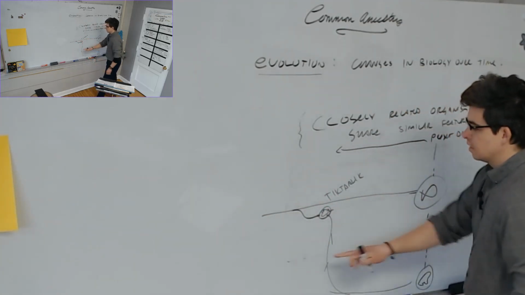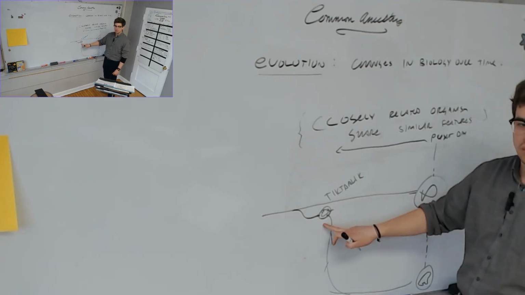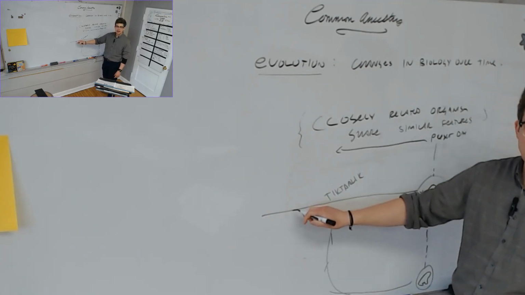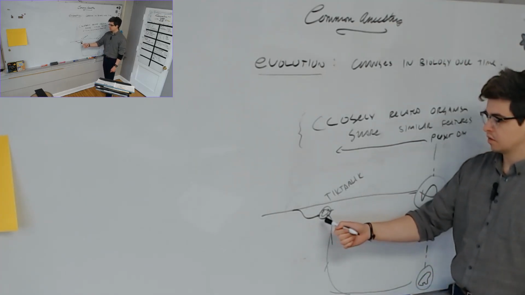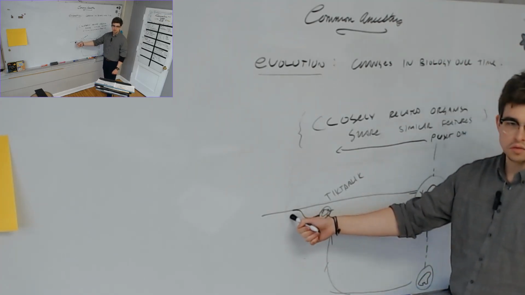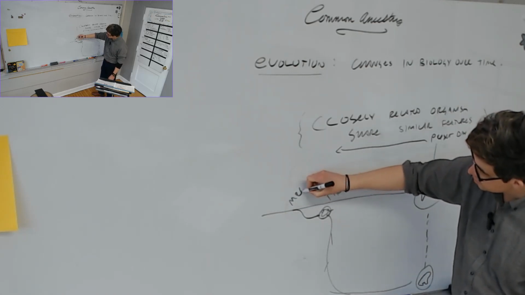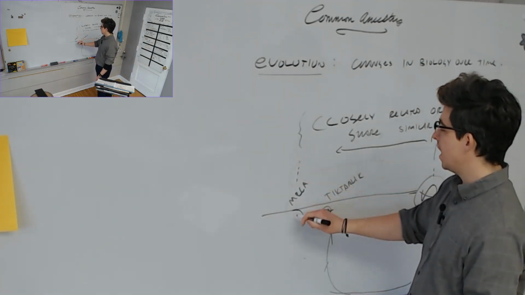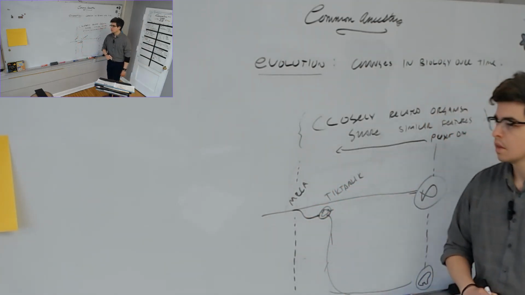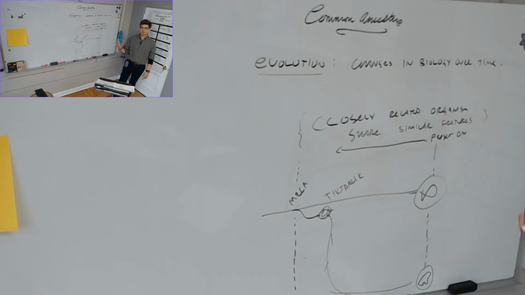So maybe this Tiktaalik represents something on the way. It may not be the actual most recent common ancestor between fishes and amphibians, but it represents something on the way close to the most recent common ancestor. This MRCA, most recent common ancestor. Another way that we tell the age of a most recent common ancestor: there are ways that we can tell using the rocks that we find these fossils in.